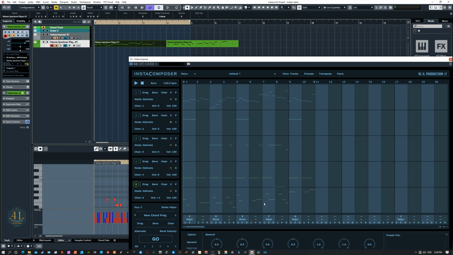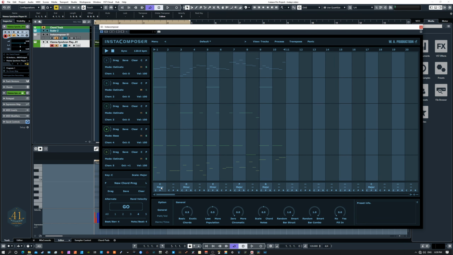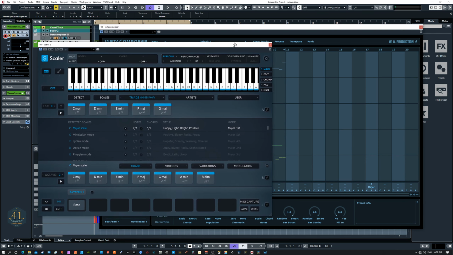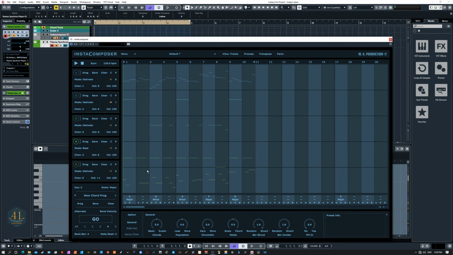Instead of just creating 1 or 2 bass tracks, I can set these all to bass, generate a whole bunch of great ideas, maybe alter them a little bit, and then just drag them out one by one by one, and have 10 bass tracks for reMidi, all based on the master chord progression that is used in the theme, right? So it works very well with Scalar and reMidi, and it just allows you to get far more detail and create far more ideas quickly